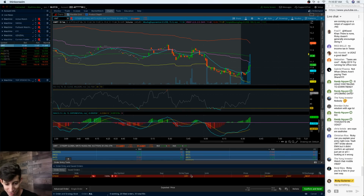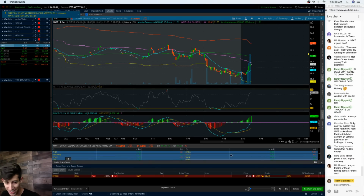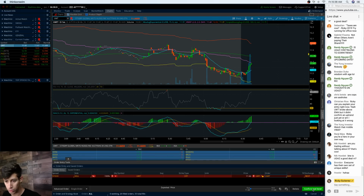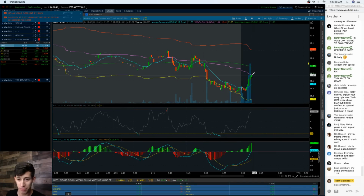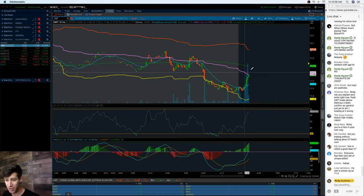There it goes. The R side's becoming a little bit more on the robot side. You guys are probably like, shut up, Ricky, no one cares about what you're saying. There we go. So /CL pushing up a little bit more. Time to lock in profits. Boom, boom, boom. Approaching middle VWAP can be a resistance. Chose to lock in profits. It can still shoot up, but